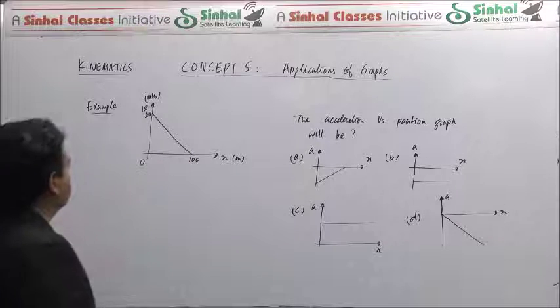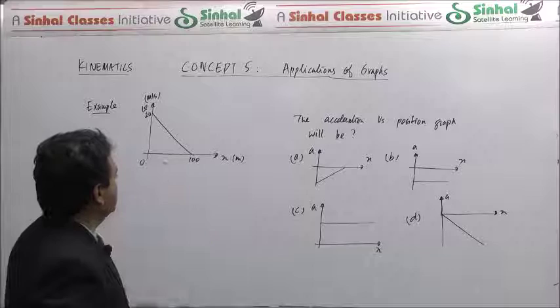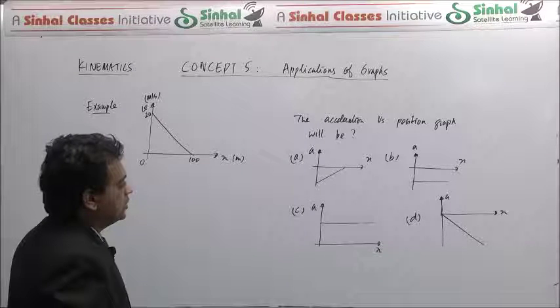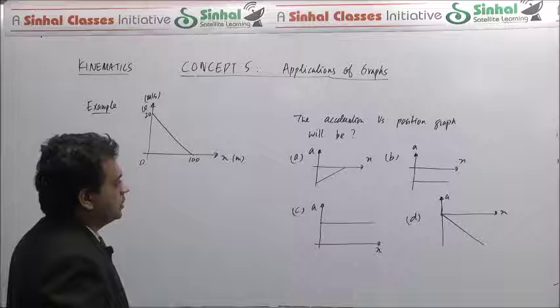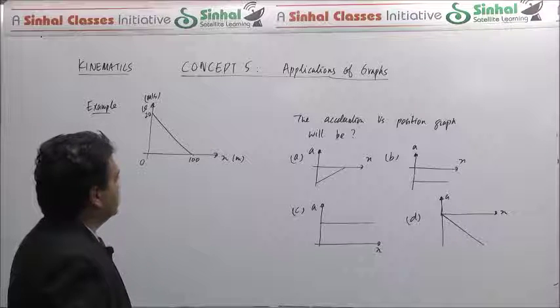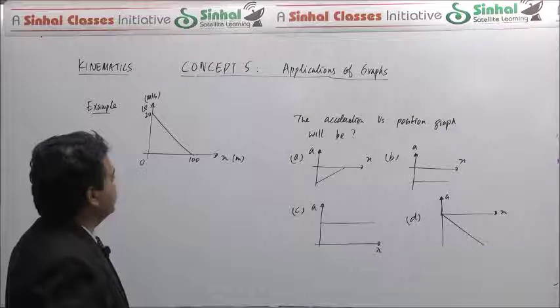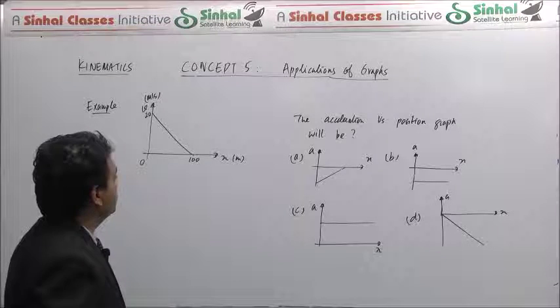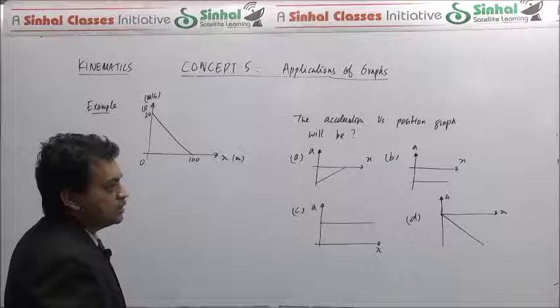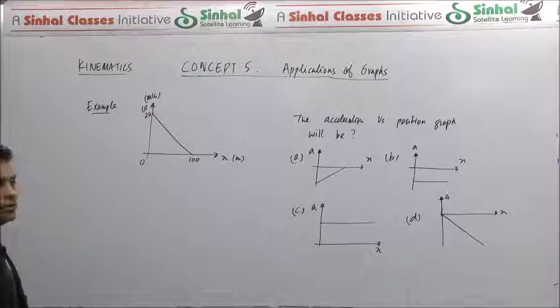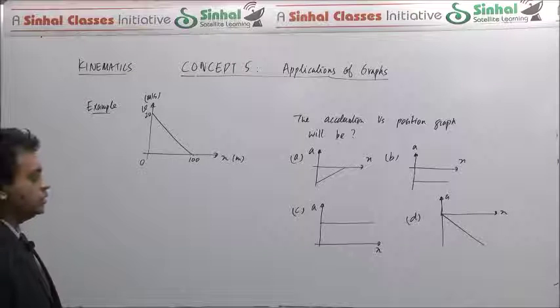Okay. Now as you can see, as the position is increasing, the velocity is decreasing. Velocity decreasing means that with position increasing there is a negative acceleration. So that rules out, for example, this graph. The other thing we can see is that acceleration cannot be uniform, because had acceleration been uniform, the velocity versus position graph would have been a quadratic graph, because v square is equal to 2as using that relation.